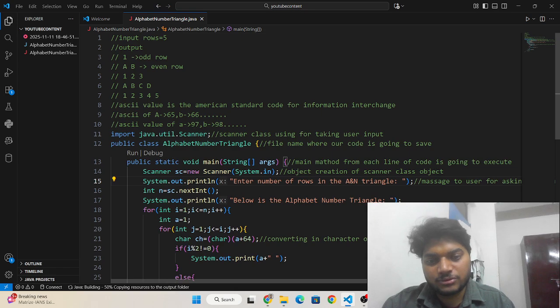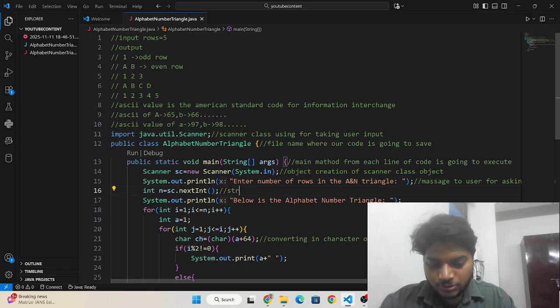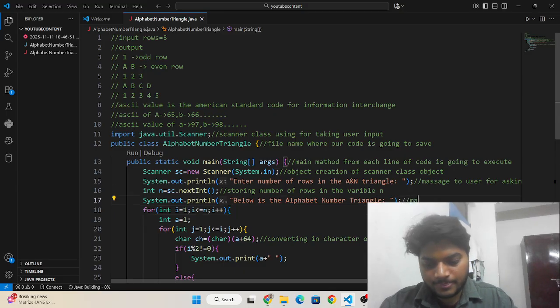Okay, number of rows, and we are storing number of rows in the variable n. Okay, and this is the message to show the result statement.